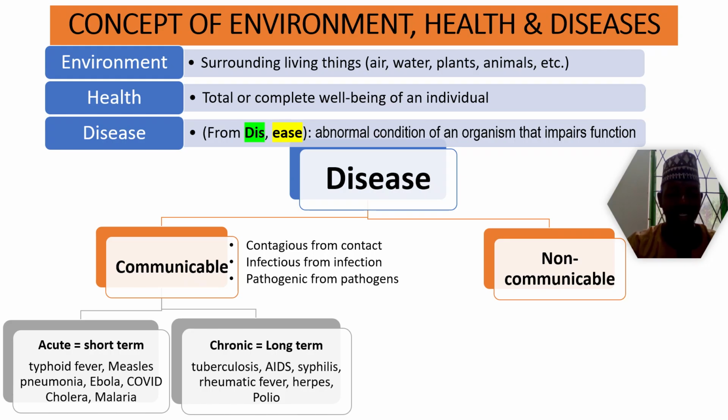Examples of chronic communicable diseases include tuberculosis. You see, tuberculosis can stay in the body for several months, several years, and so on. Acquired immune deficiency syndrome, AIDS, is another example of chronic communicable diseases. We have syphilis, rheumatic fever, herpes, and polio. All these are examples of long-term